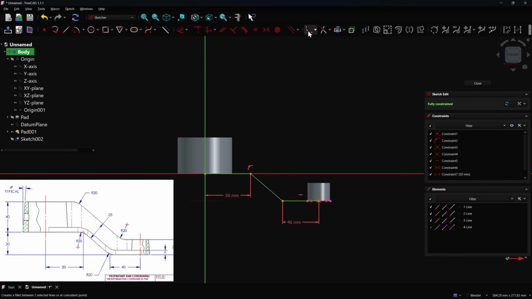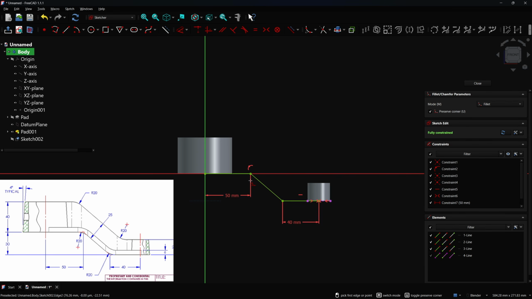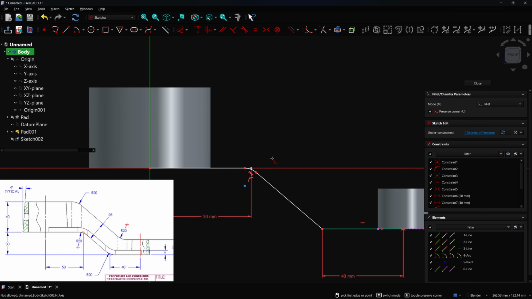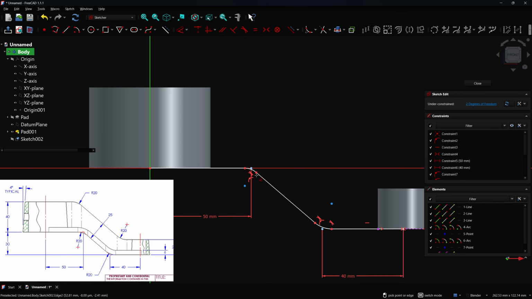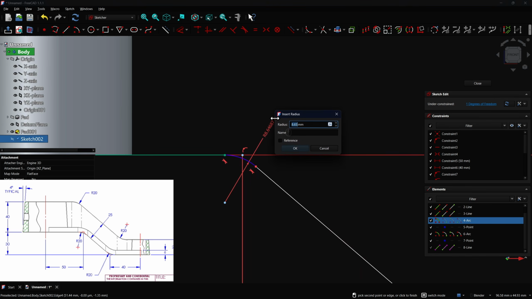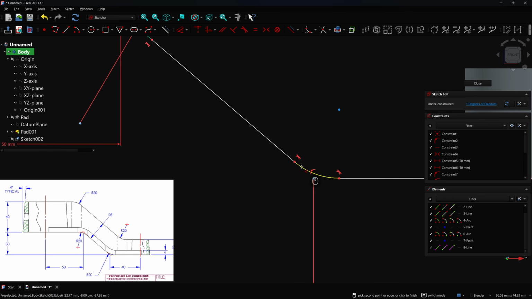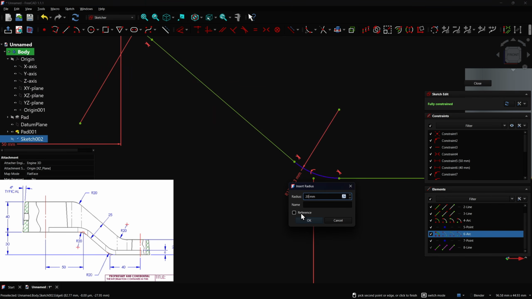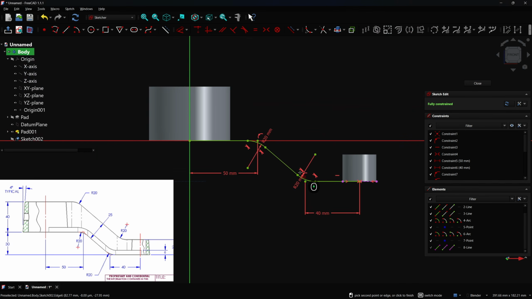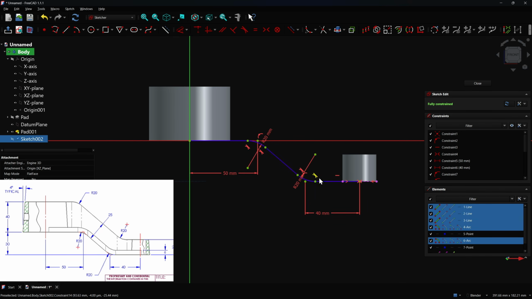Since these 3 lines are fully constrained, we can add fillets on these 2 corners. You can select the point or these 2 lines. Then go back to dimension and add dimension for the fillets. Set the radius of these 2 fillets to 20. OK. Then we can right-click to exit dimension, double-click on one of the lines, then you can select these whole lines